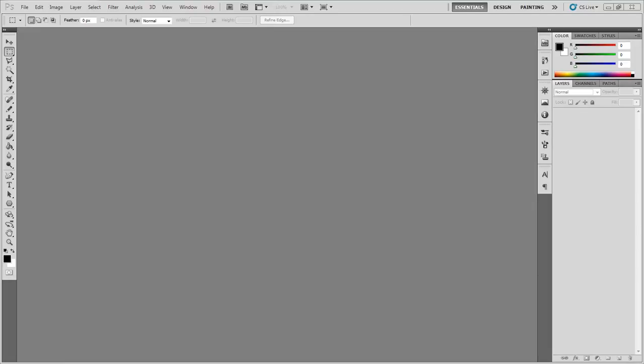Okay, welcome back, guys. This video is going to detail the specifics on how to grab images off the web, put them into Photoshop, crop them to a specific ratio, and then export them to a specific size